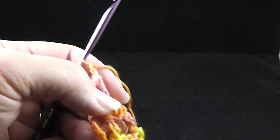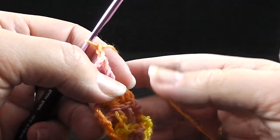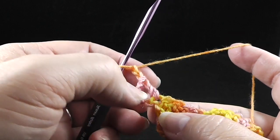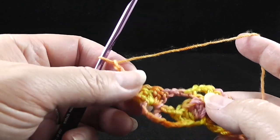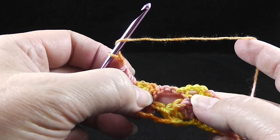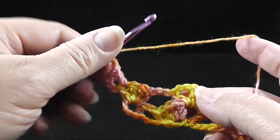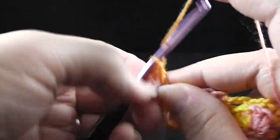If there's an error that you're going to probably make, and this is one that I've made several times while learning this pattern, is I forget to do the chain 2 following that double crochet. So don't forget, chain 2 basically in between everything you do. Okay, so then we skip the 3 double crochets, skip the 2 chains, and skip the double crochet, and in this space right here we work 4 double crochets,